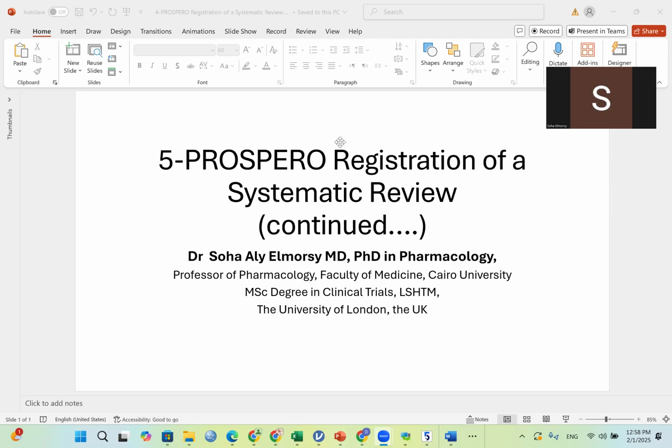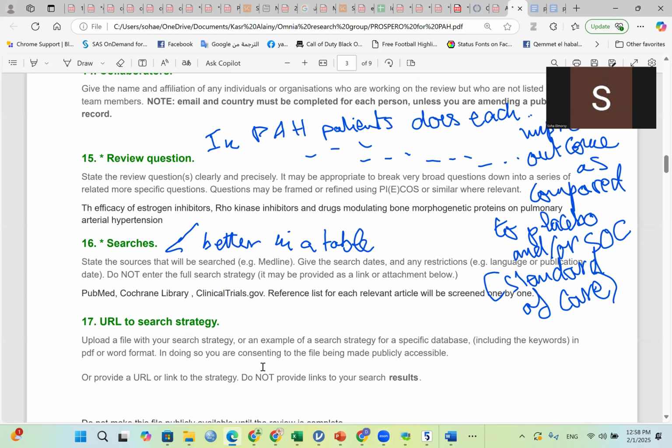So hello everyone. We continue with our Prospero registration for a systematic review. And so I go back to the Prospero file. The example I was using for this demonstration, we stopped at number 15 last time, and perhaps I need to